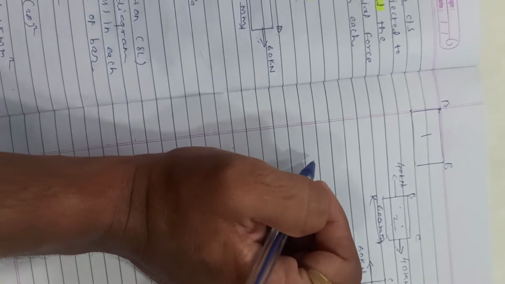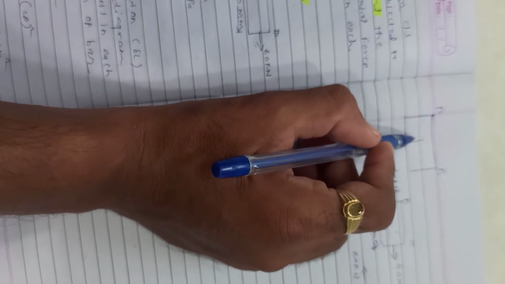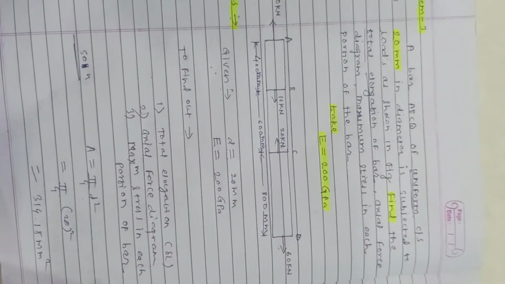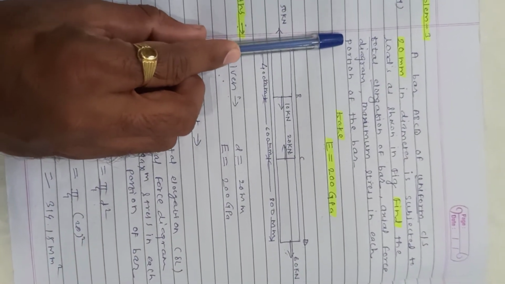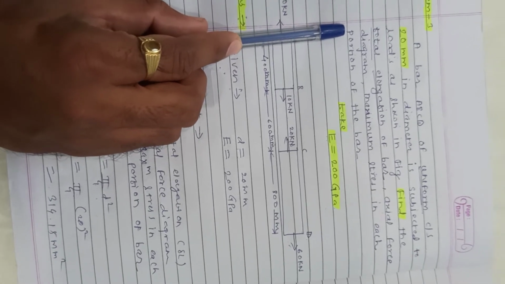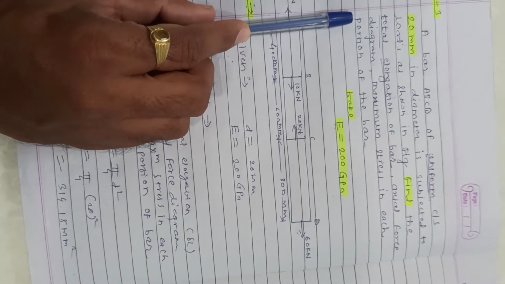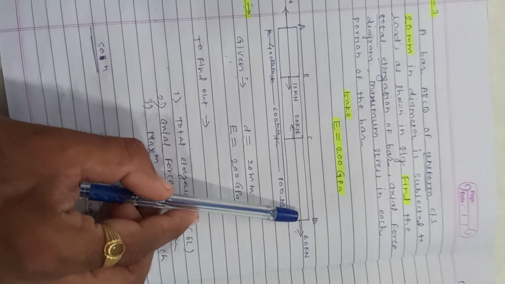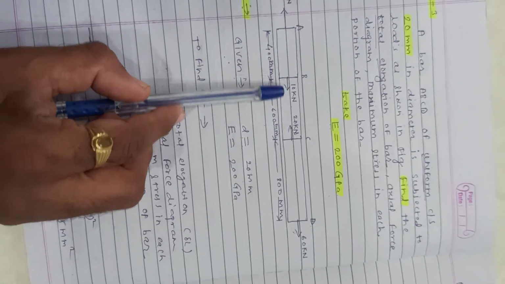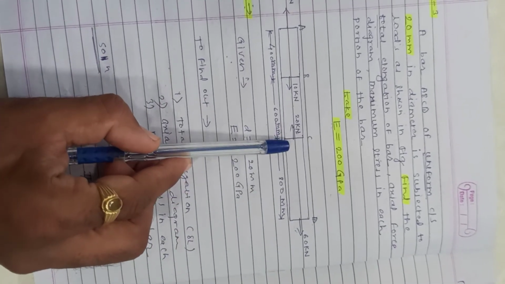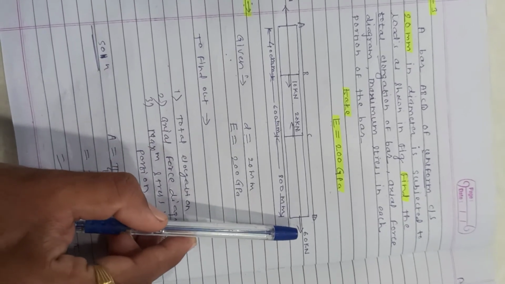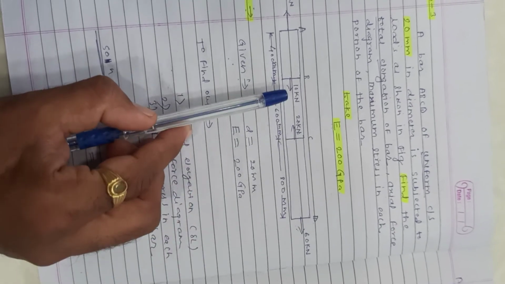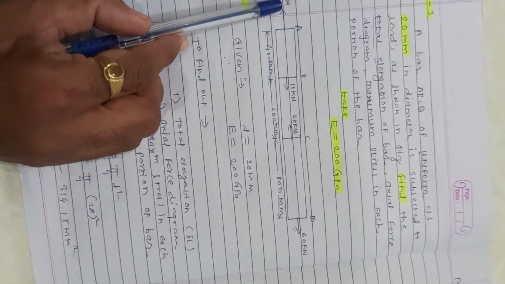Okay, now consider the section AB. To find out the forces acting on the section AB, similarly, use the trick. Keep the hand at section A. Consider the forces which are acting to the right side beyond the section A. In this case there are three forces, that is this 10, this 20, and this 60, but this 10 and 60 are acting in the right side and 20 is acting to the left side. So 60 plus 10 minus 20, we are getting this force.